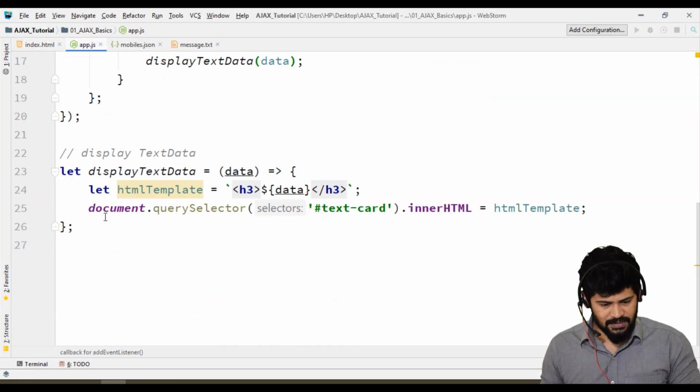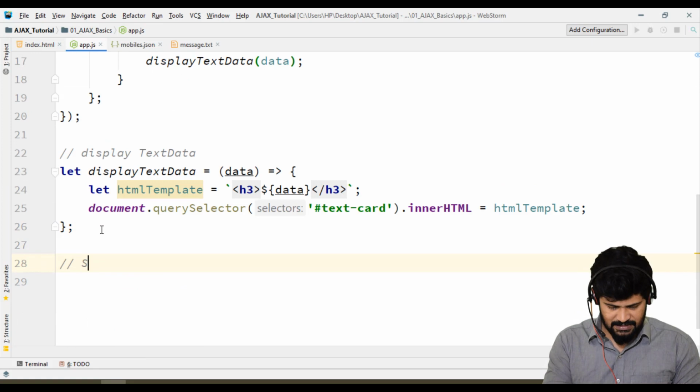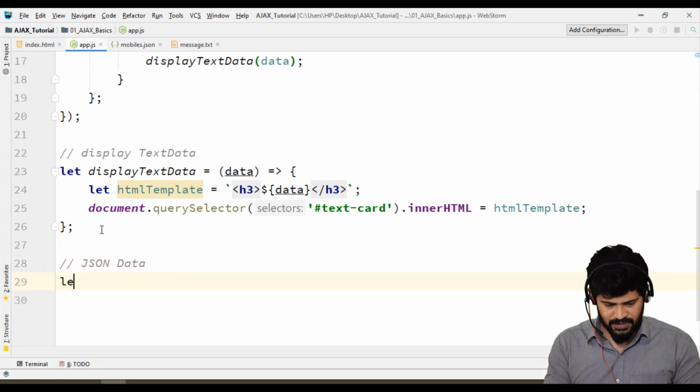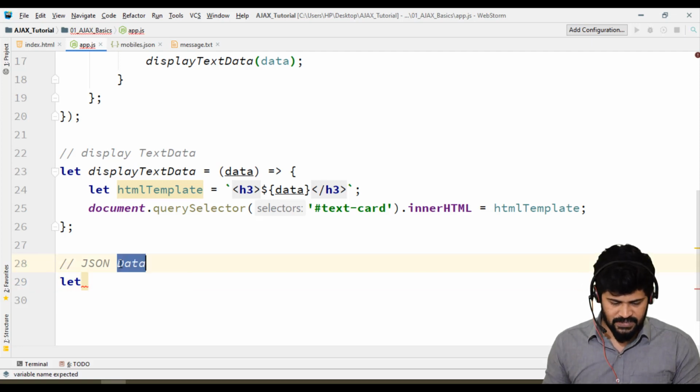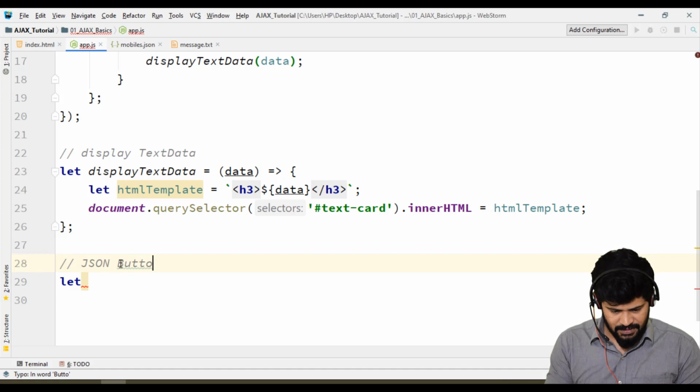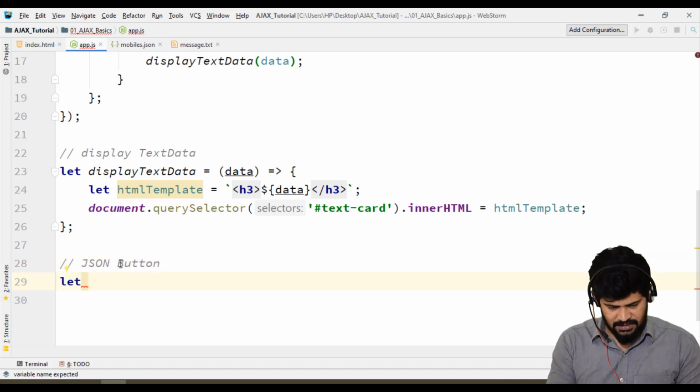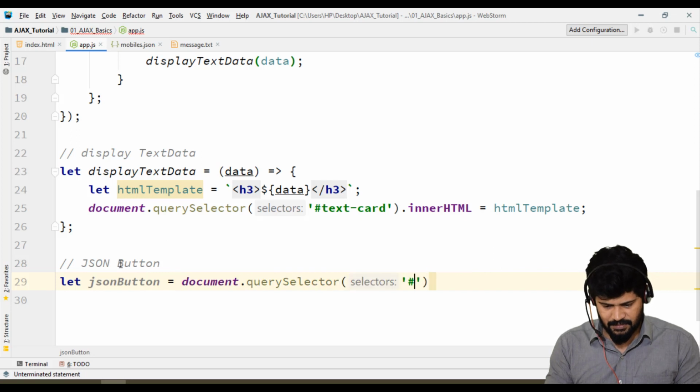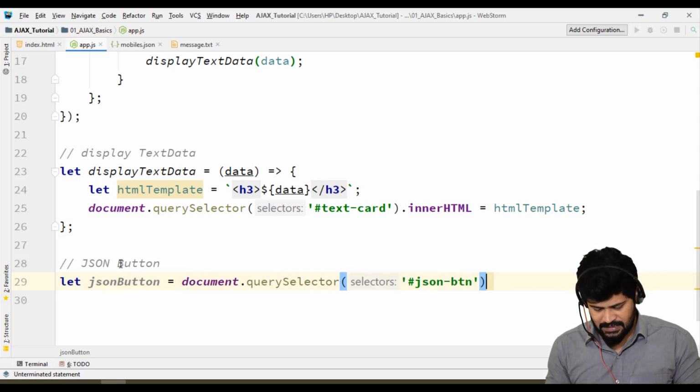So coming down, let's make the JSON button equal to document.querySelector of #jsonButton.